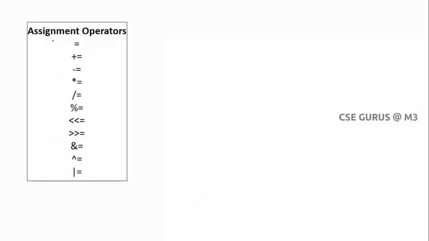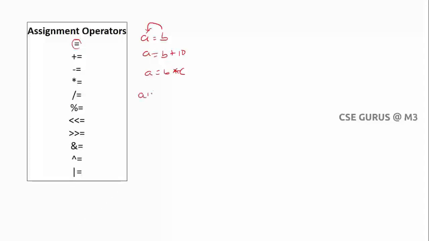First, coming to the assignment operators. What are assignment operators here? The simple one is equals to, where it will assign whatever the right side value is to the left side. I can write a equals to b, whatever the value of b can be assigned to a, or I can write a equals to b plus 10, so the resultant will be stored here, or a equals to b plus c, or b into c. Like this it will be assigned.